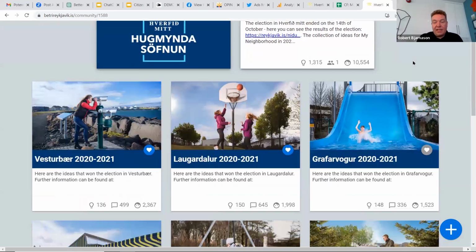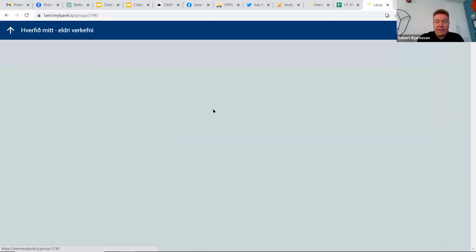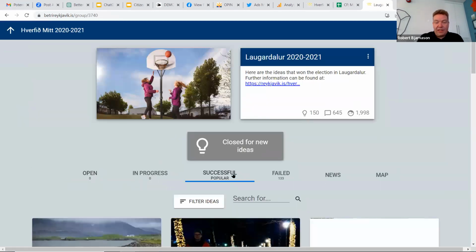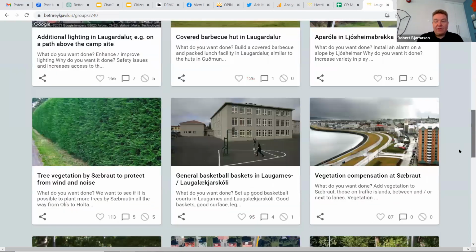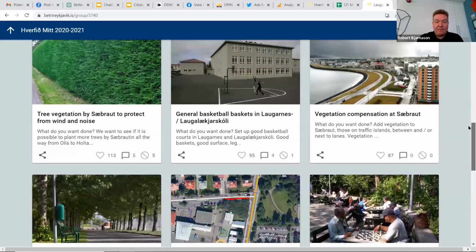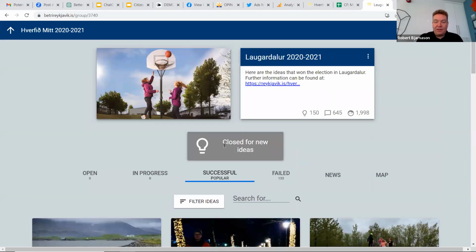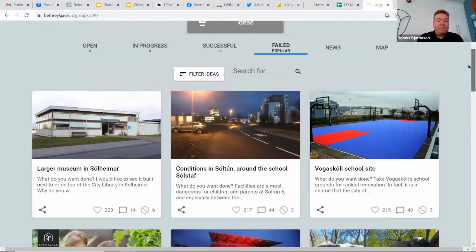And here you can see the different neighborhoods, and go into that here. You can see all the projects that went through the process. And those are actually the ideas that got voted in finally. You can track the process here. Those are the ones that didn't go forward.